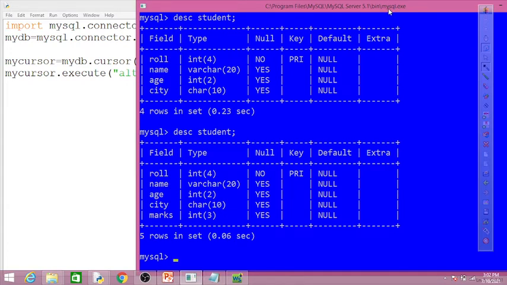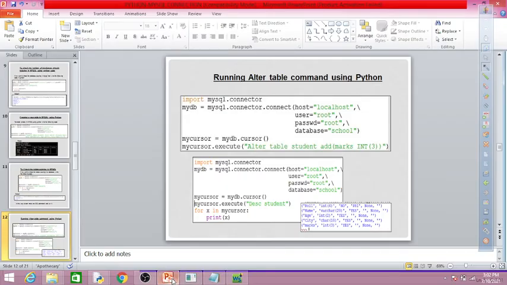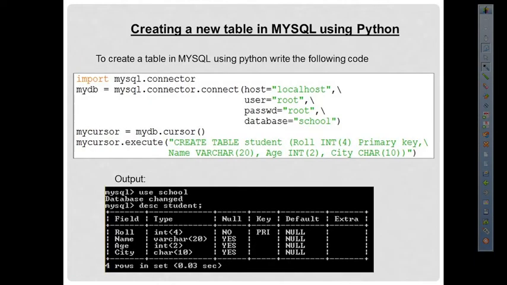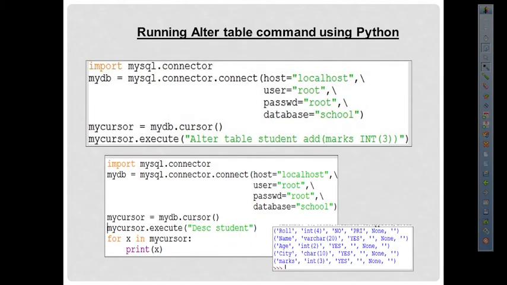Okay, we can also check it through Python. So for this, in the next slide, we can check it. Let's do this. So here you can see, import mysql.connector, mydb equal to mysql.connector.